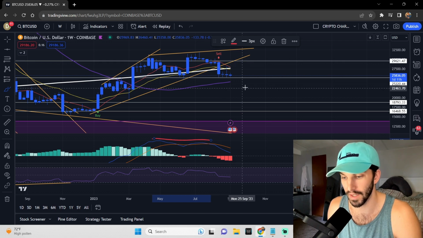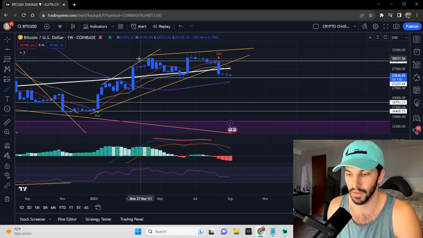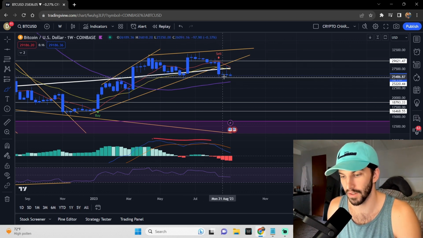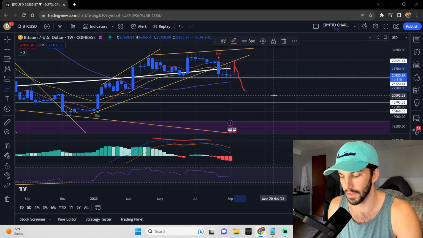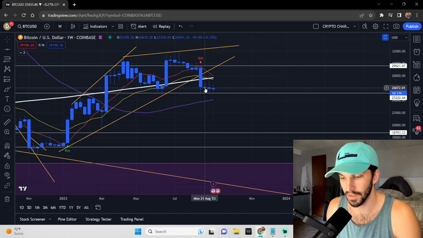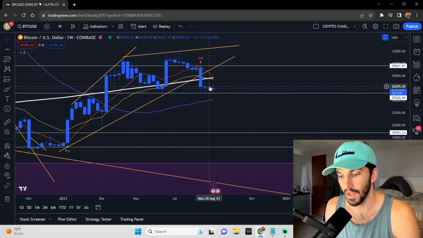We saw a break of what we've been drawing out here, which is, I drew an expanding wedge and a rising wedge as well, which we broke out of. And I believe that we could see some sort of little retest, maybe just this week, before we see a plunge downward. We have a ton of indecision bars. Okay, we had no idea what we wanted to do on the week of August 21st. And then on the week of August 28th, we actually looked like we wanted to extend to the upside,